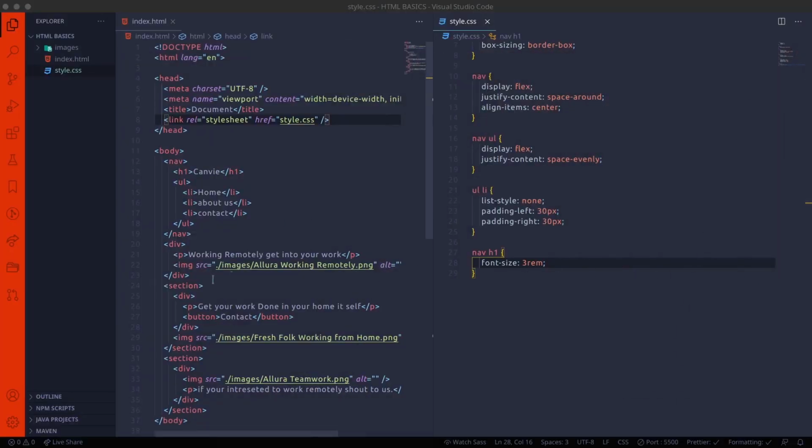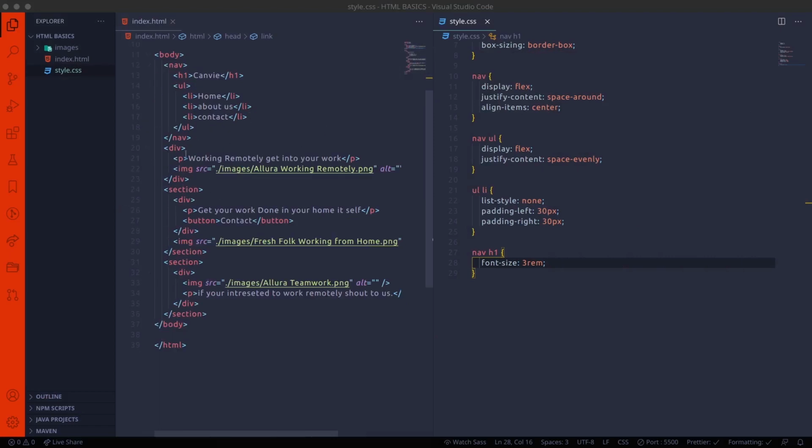Now another thing, here I'm doing style on this div tag. In order to do that, I'm creating a class. Basically, class means representing the whole thing to be referenced by a name. So in CSS we use references only.